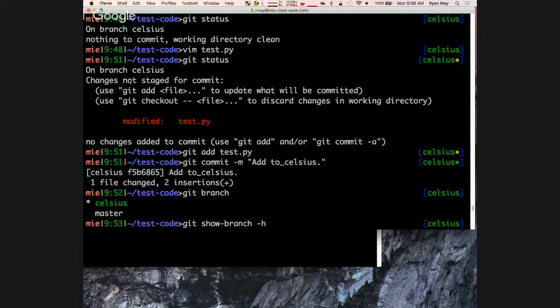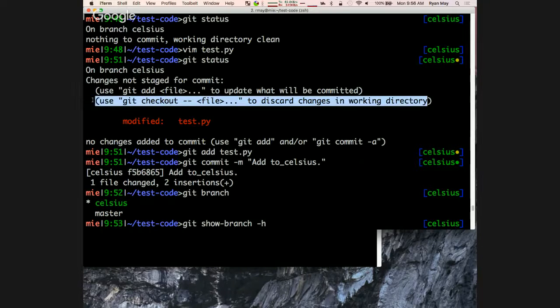Okay, so if we see here when I did the git status with test.py modified, when I had the file edited and hadn't committed it, we have the suggestion here from status. It says use git checkout -- file to discard changes in the working directory.